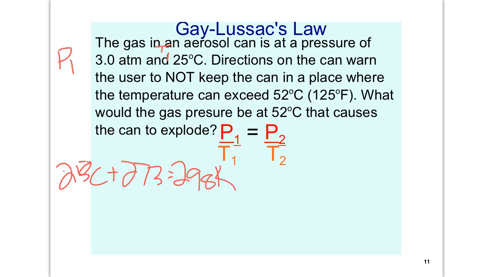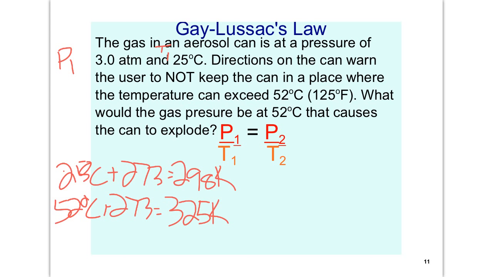Then where you read on, it says, do not store the can anything exceeding 52 degrees Celsius. So we're going to take our 52 degrees Celsius, add 273, and we find that is 325 Kelvin. And it says, what would the gas pressure be at 52 that causes it to explode? Well, again, that can has a locked amount of moles. You know, it's not going to leak any air. It has a fixed volume. That metal isn't going to expand like, say, a balloon would. And so we have to figure out, well, what pressure is that going to